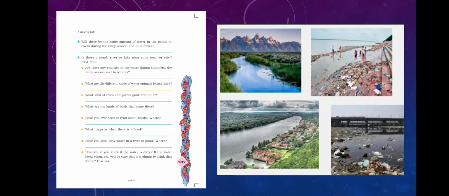So today we start the discussion from page number 109, where there are several questions given about the river, and let us discuss them. You will write these answers by yourself; you can write them on your own. I have prepared one answer as a suggestion. You can take those answers, or if you have a better answer than this, you can write it on your own. Here is a set of questions, and a picture along with it is also given about river pollution.